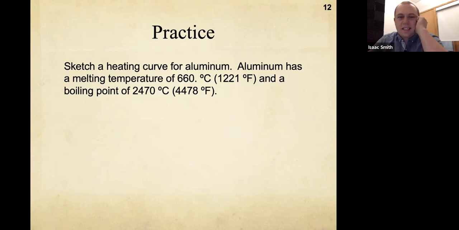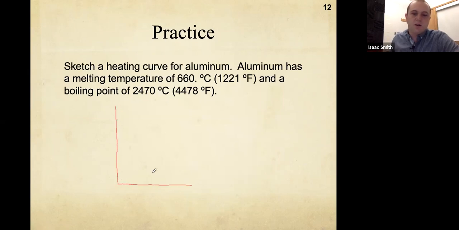All right, so sketch a heating curve for aluminum. This gives you the melting point and the boiling point of aluminum. So go ahead and try to do this real quick. Go ahead and draw one out. This doesn't need to be super specific because we obviously don't know that many properties, but we just know that heating curves look like this. Oh, that should be a flat line,